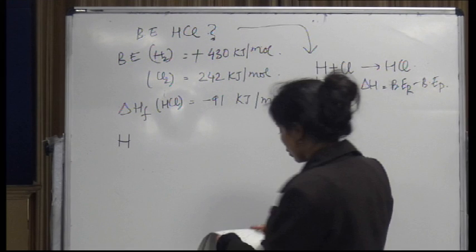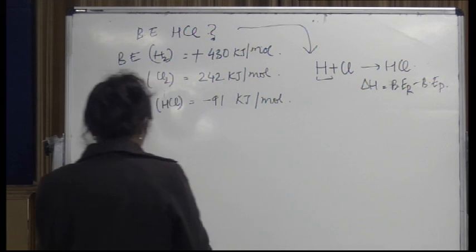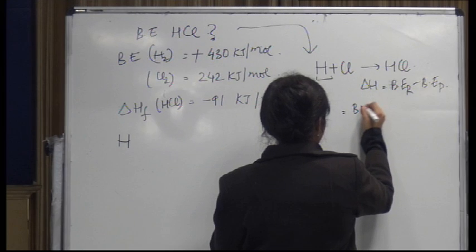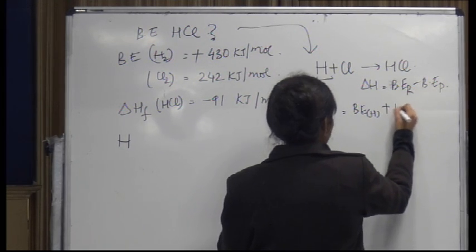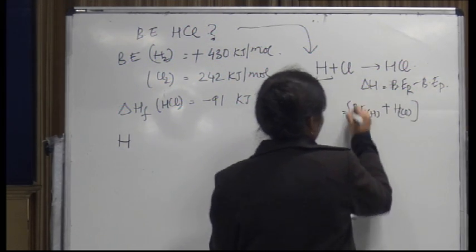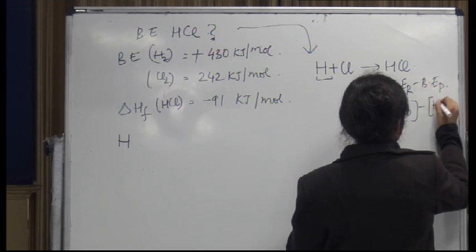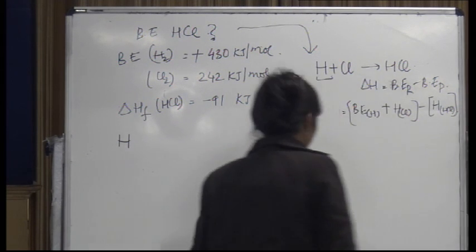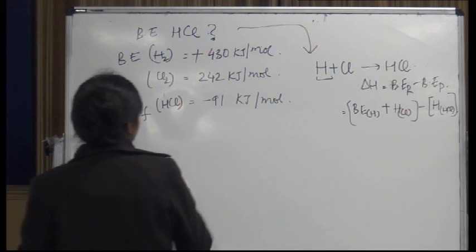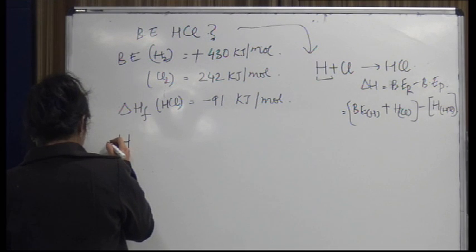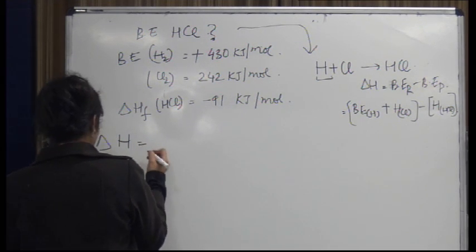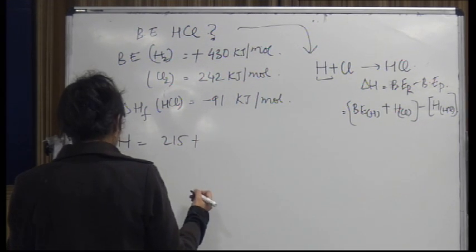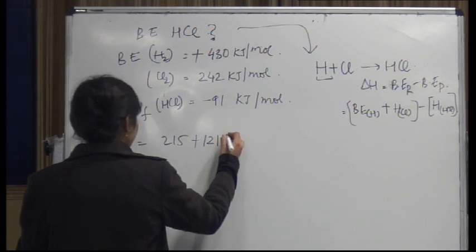So just note it down that your net reaction can be written as bond energy of say H plus bond energy of Cl minus the bond energy or the heat of formation of HCl. This is what is given to you in the question. So we can just quickly calculate it. Delta H will be equal to half of 430, that is 215, plus half of 242, that will be 121,